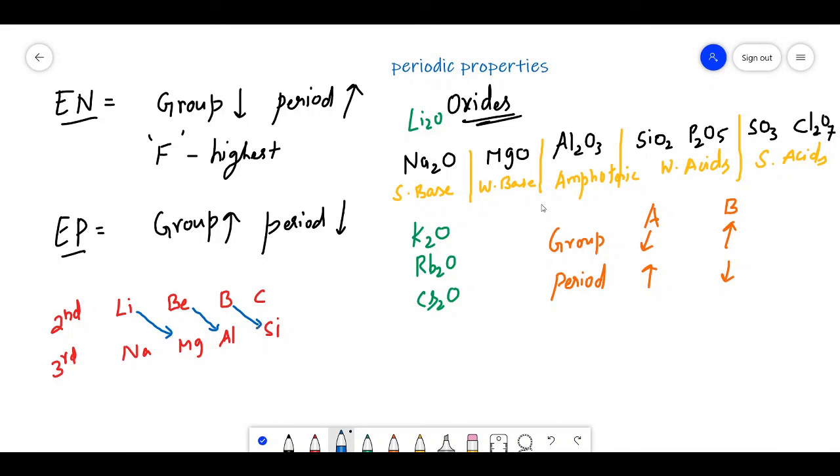So generally, see this example. MgO is a base. So if MgO is a base, beryllium oxide also should be basic. But what we observe is that beryllium oxide is amphoteric. In the same way, aluminum oxide is amphoteric. So if aluminum oxide is amphoteric, boron oxide also should be amphoteric, because the same group will have the same properties. But what is happening here? Boron oxide is acidic. Why is it acidic? Because it is showing a diagonal relationship with silicon. Here silicon oxide is acidic. So this is about diagonal relationship. So by this we complete the periodic table, and that's all for the day. Thank you.